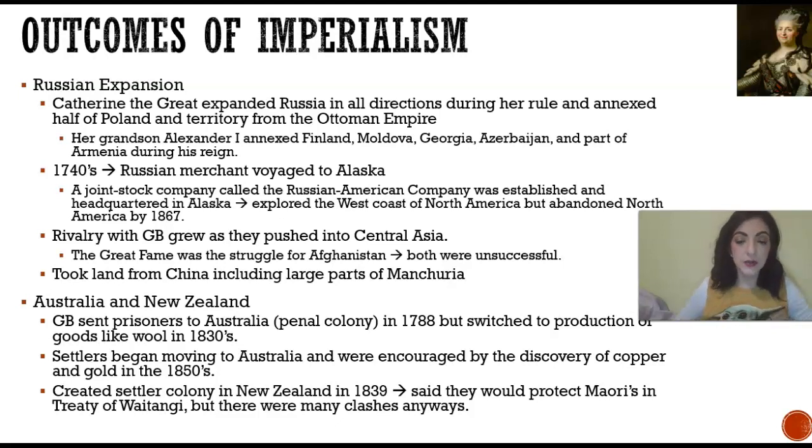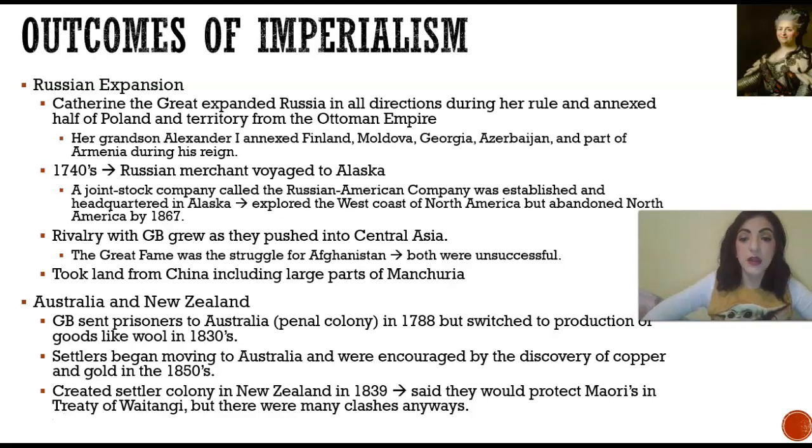And they're going to take land from China, including large parts of Manchuria. Then you have Australia and New Zealand. Great Britain sent prisoners to Australia. Australia at the time was a penal colony where they would send prisoners there in 1788, but eventually they're going to switch to the production of goods like wool in the 1830s. Settlers began moving to Australia and were encouraged by the discovery of copper and gold in the 1850s. There is going to be a gold rush in Australia,